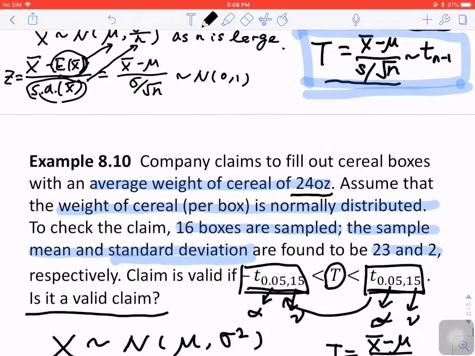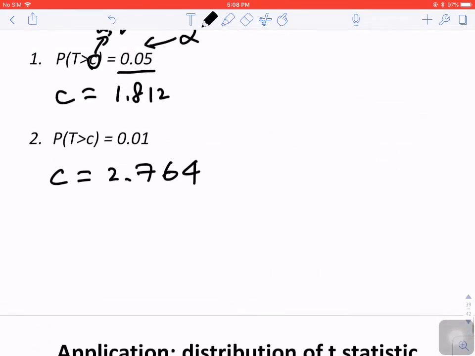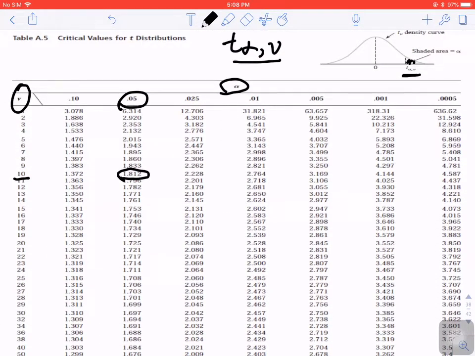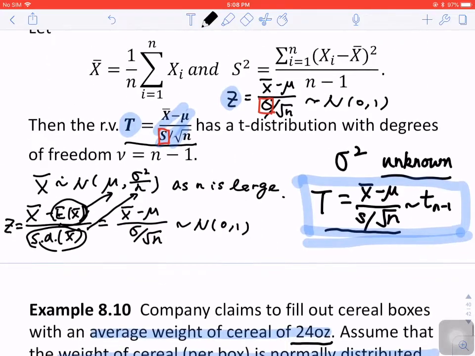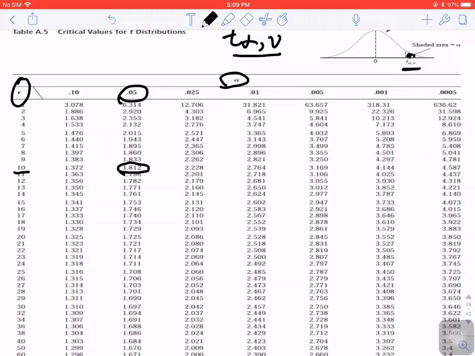Okay, so alpha is equal to 0.05 and v is equal to 15. I'm going to find this table. Make sure you know that the t distribution has degrees of freedom equal to n minus 1. But for this one, you just need to know that this v is 15. It's not n minus 1. So you're going to find 15 here, and you're going to find 0.05 here. So the intersection is